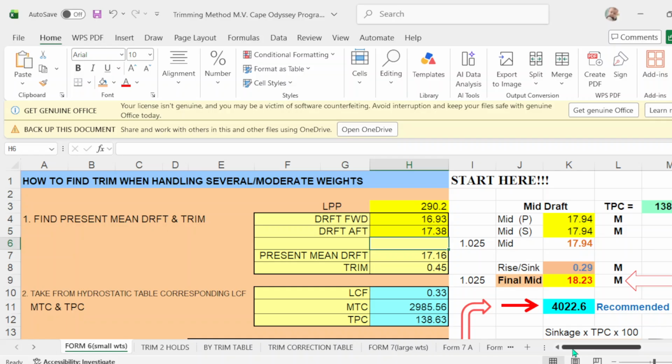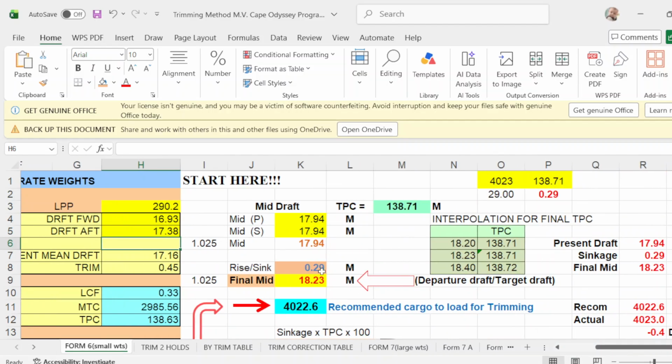Then they both agreed that the actual mid port is, let's say, 17.16, and mid starboard will also be 17.16.